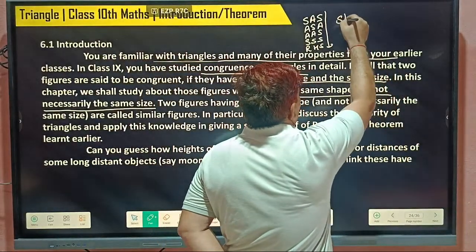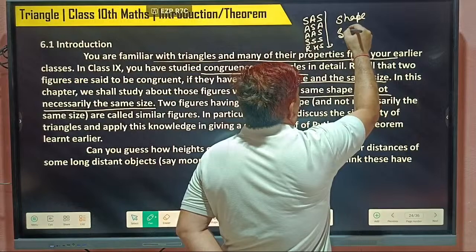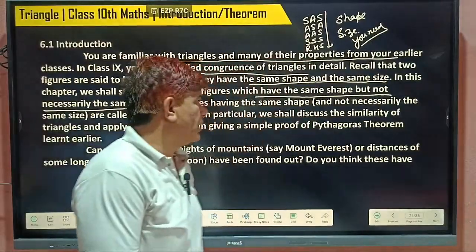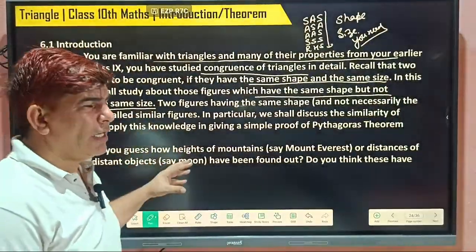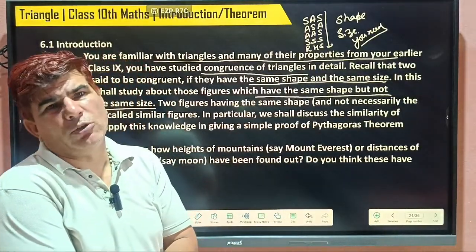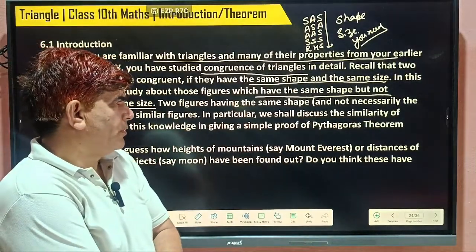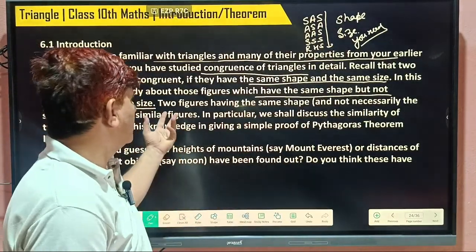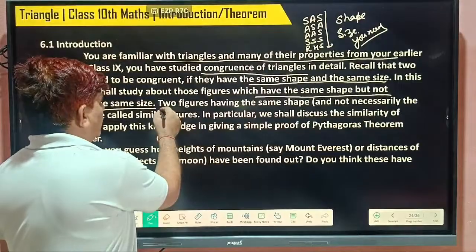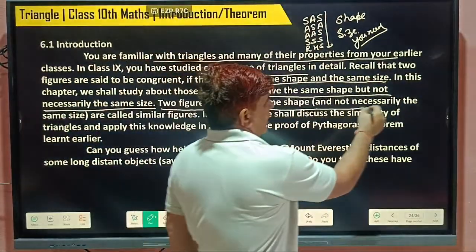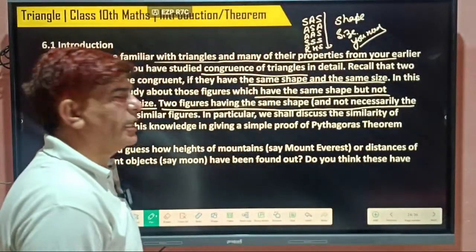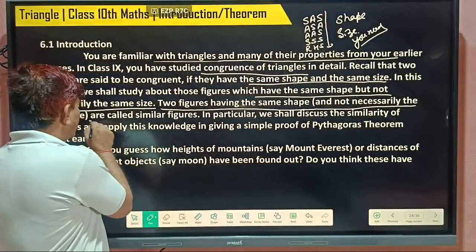But in congruency, what do you need? Same shape and same size you need. Understood? But we will read in this chapter that shape needs to be the same. Size may or may not be the same. So that type of figure is known as what? Similar. 2 figures having the same shape. So the definition: if taking triangles of the same type, but not necessarily the same size, they are called similar